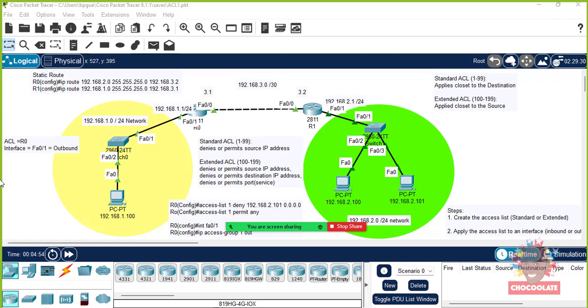Alright, this is my attempt at a tutorial on standard access lists. In this tutorial, I set up a static route where we have the 2 network, which is R1, the 2 network with 2.100 and 2.101. And we have the 1 network on this side here, and the network in between, or the static route,